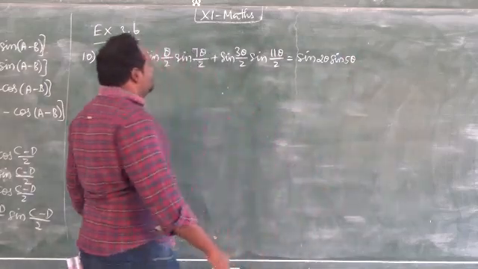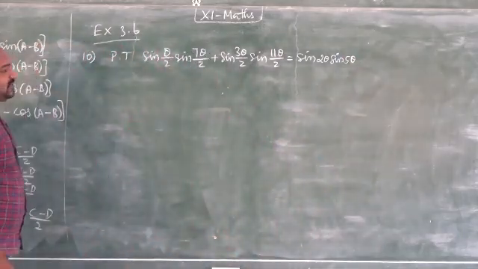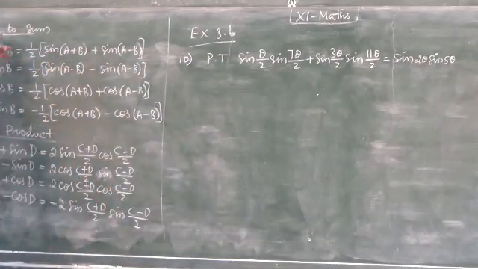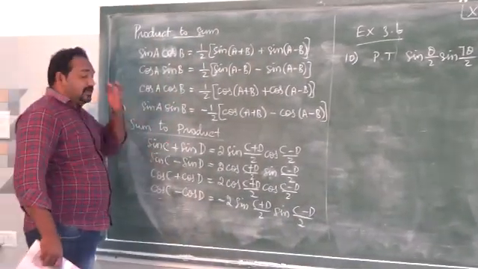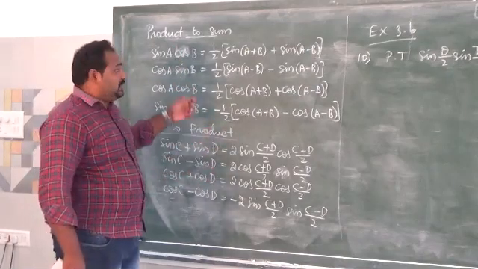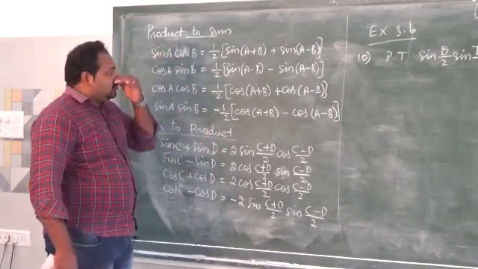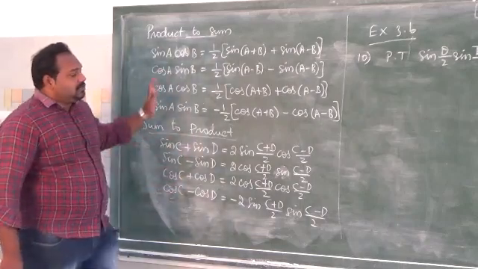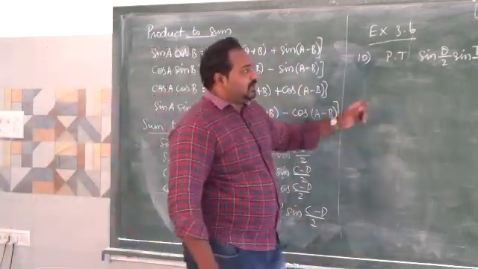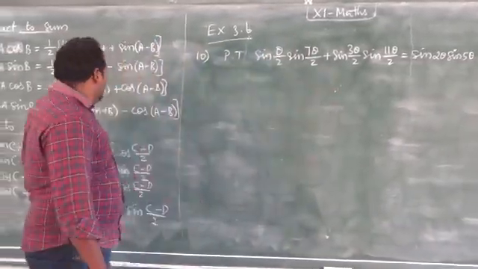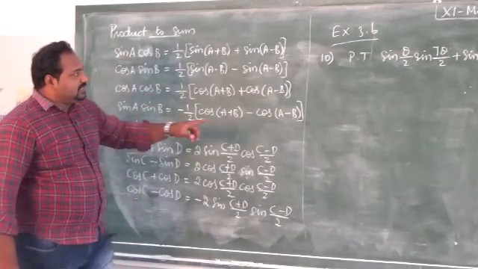So here I am going to prove LHS equal to RHS. For that I am going to use the identities, product to sum and sum to product. Already we are well aware of these identities. In the previous classes we have learnt these identities and how to use them. So here we are going to use these identities whenever required in the steps, and we can prove the problems. Okay, now look at this left hand side.